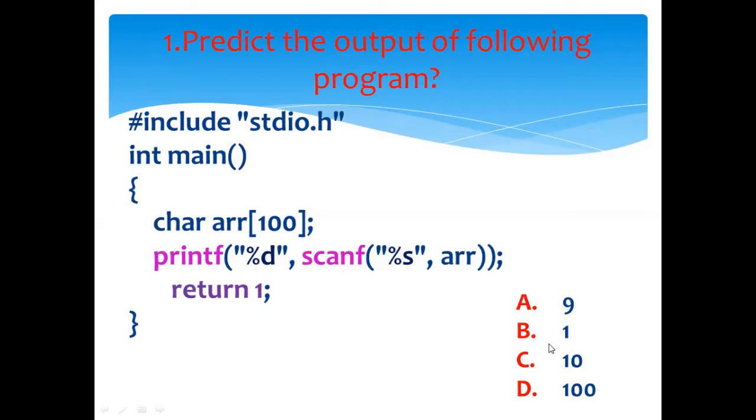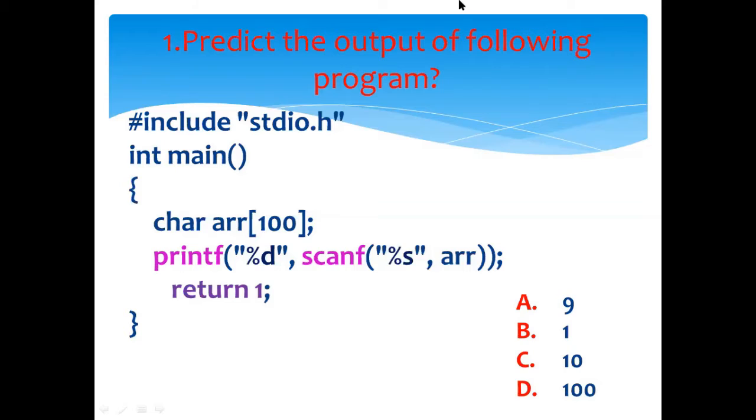So among the following options, option B, that is 1, will be the answer, because the number of inputs taken from the end user is 1, that is %s. When we execute this program, it looks like this in an editor. I am using an editor called Dev C++, where we can run both C as well as C++ programs. Here is the same program. %s is a format specifier for a string, which takes a string as an input.